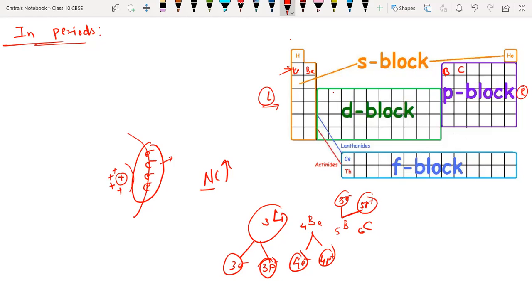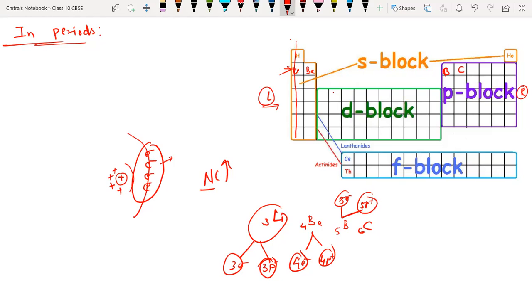So if the atomic radius is larger, then all the atoms are placed in one group? It's classified like that? No, not like that. See, elements having the same number of electrons in their outermost shell are placed in the same group. All the atoms of the first group have 1 electron in their outermost shell. We already discussed that in the group part. You were not there in the last class, right? No, I was, sir.